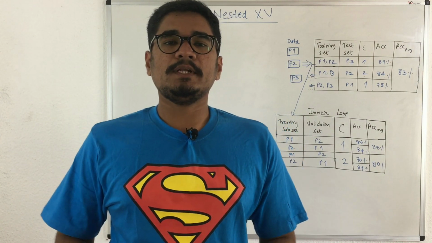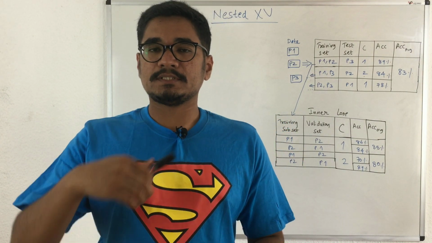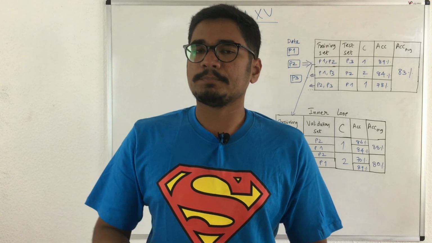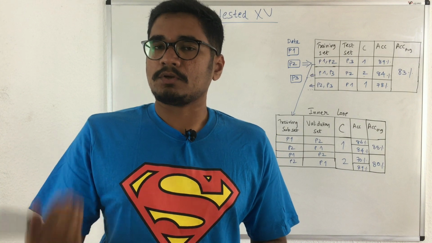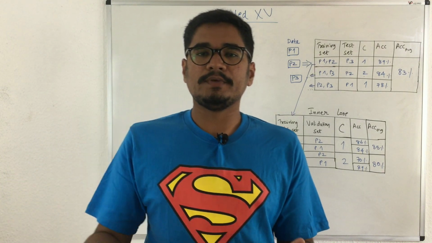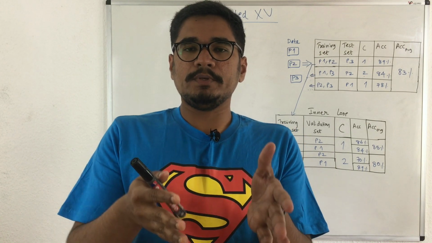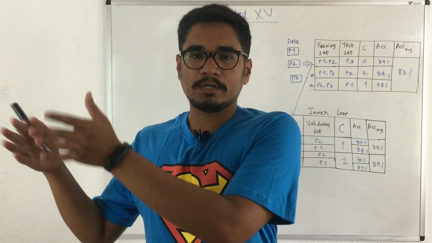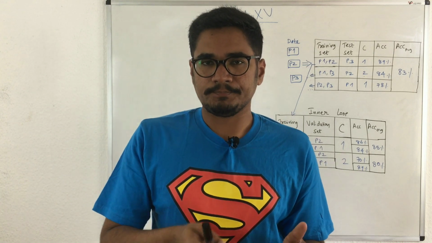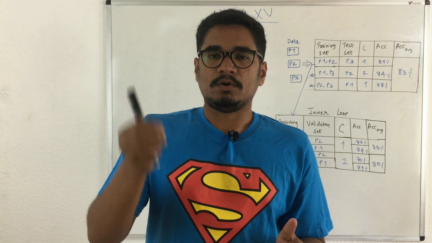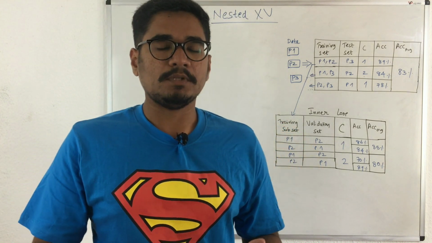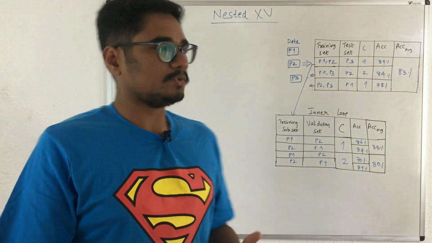So today in this video, let's see nested cross validation, which is a variant of the cross validation approach, and it solves some of the problems caused by normal cross validation. In normal cross validation, we had the problem of doing hyperparameter tuning in another step using grid search, and then we had a poor estimation of the error on the training data as well as the test data. So in order to overcome that problem, we have the nested cross validation approach.